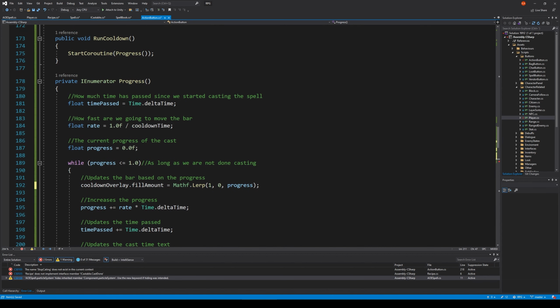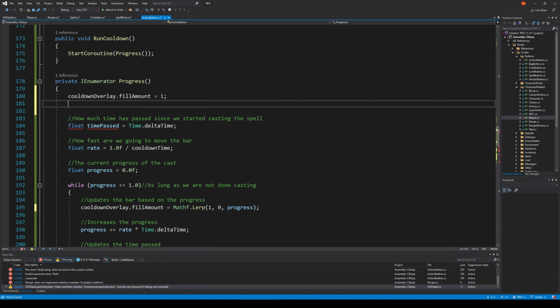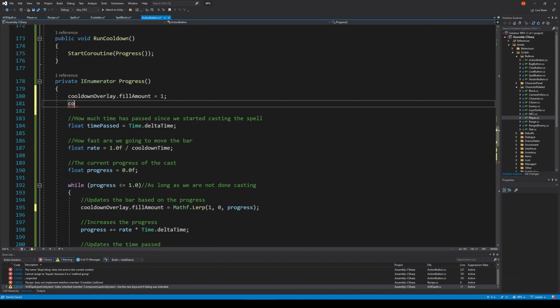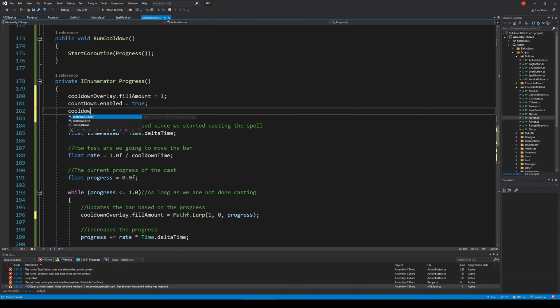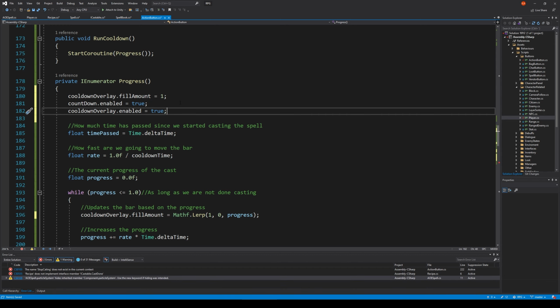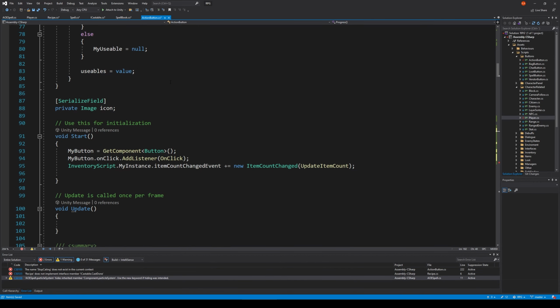and in top here we also need to say cooldown overlay dot fill amount is 1, so we start with 1, and we say countdown dot enable true, and cooldown overlay dot enabled true. So now we can run our progress, I think. So we actually need to save this,